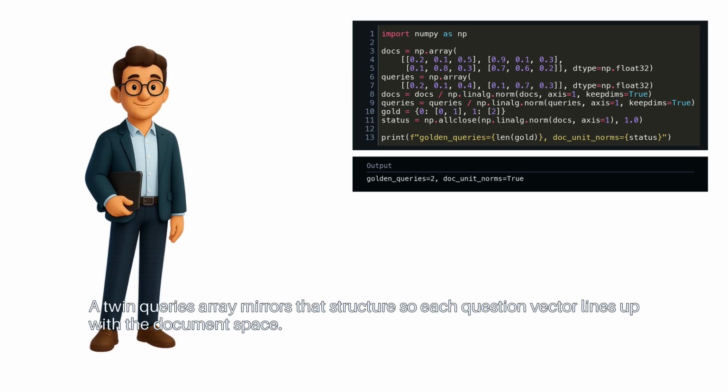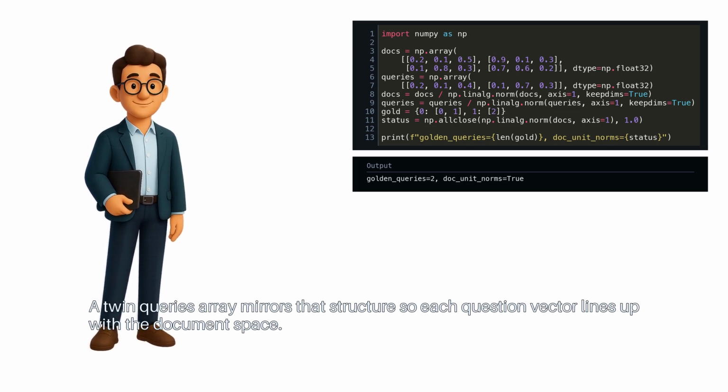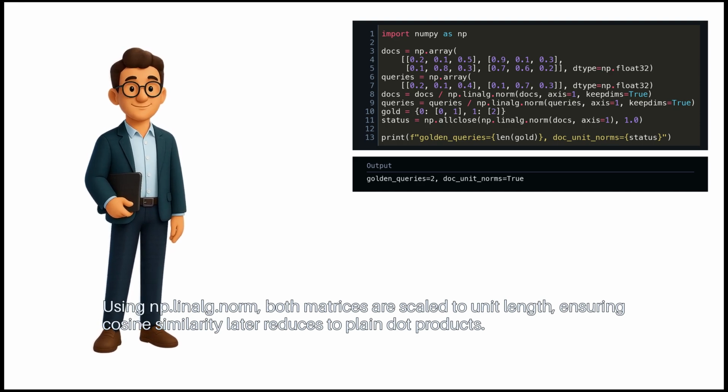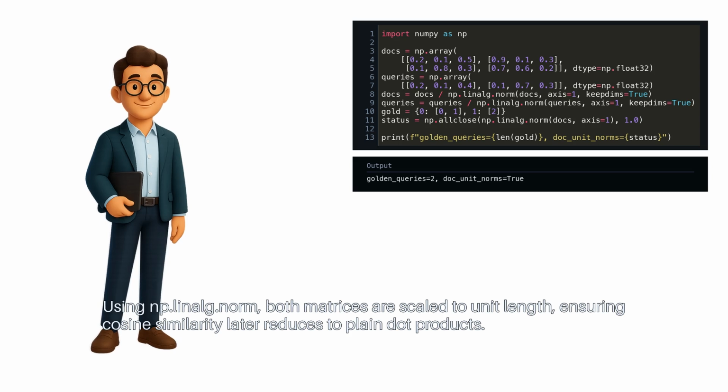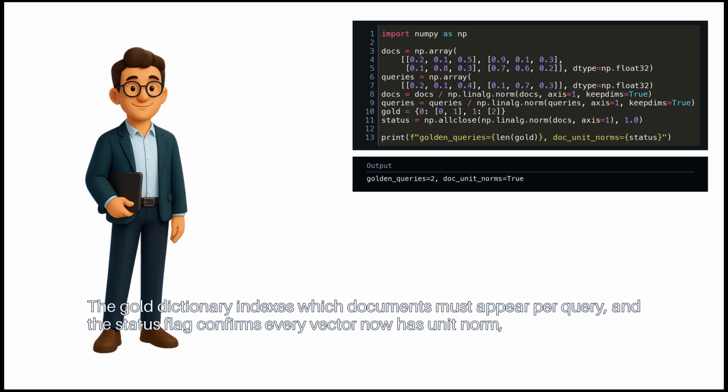A twin queries array mirrors that structure, so each question vector lines up with the document space. Using np.linalg.norm, both matrices are scaled to unit length, ensuring cosine similarity later reduces to plain dot products. The gold dictionary indexes which documents must appear per query, and the status flag confirms every vector now has unit